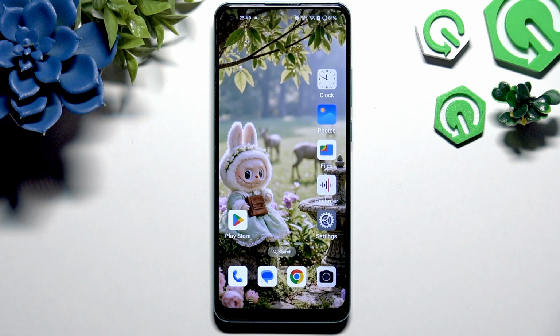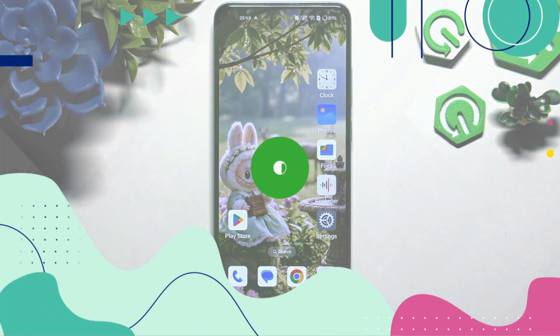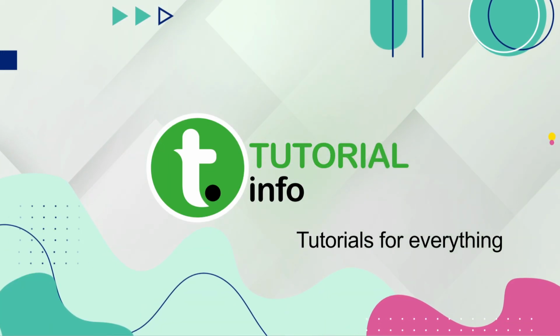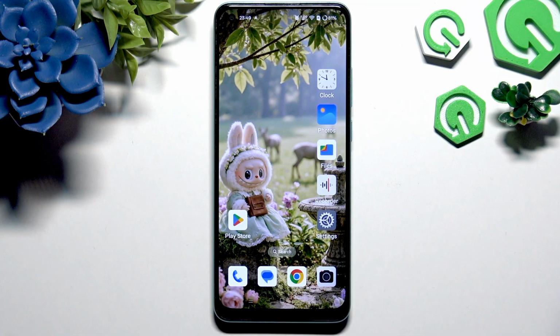In front of me is OPPO K10x, and today I would like to show you how you can change default apps. I change my default apps on every device I'm testing, and here's the fastest way to do it on this